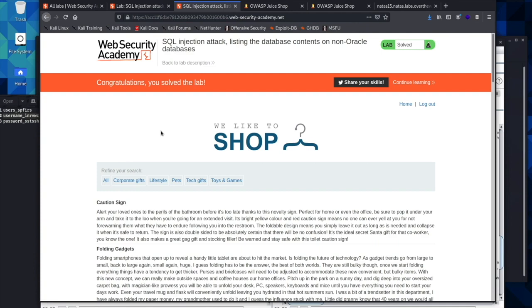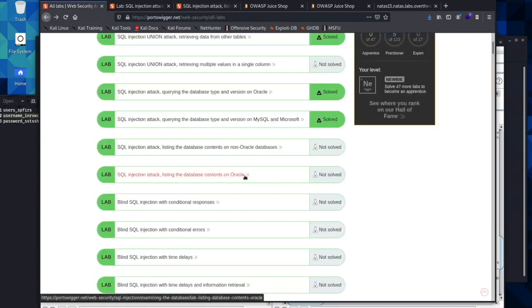The next lab, I believe, is an Oracle lab. Okay, so you can try and solve this one. It's going to be similar to the one that we just did, only you can use the SQL cheat sheet. We'll go ahead and walk through it again just so we can have one more practice before we get into the blind SQL injections, because these are going to use everything we just learned in this lesson plus quite a bit more. We're going to be looking at new aspects within Burp and exactly how to use the intruder tool